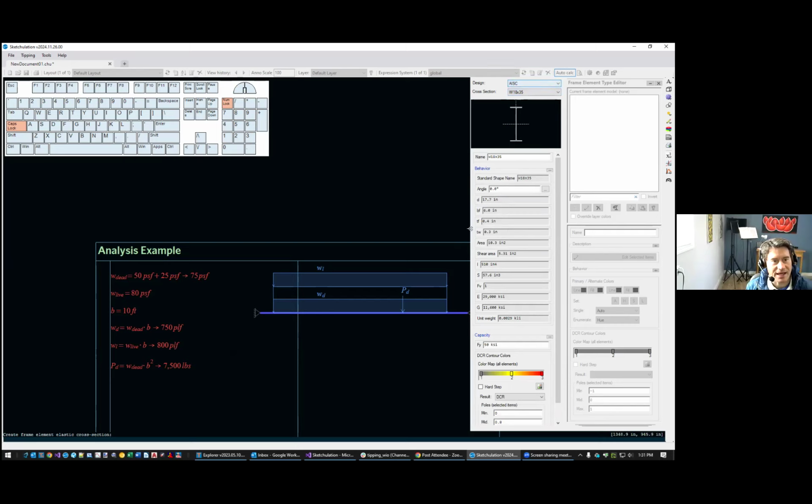So I selected that out of the list. You see all of the properties of this section are grayed out. You can't type into them because they're coming from the database. You can rotate this if you had a weak axis bending situation. This is how you set up the orientation of your cross section. In our case, we would just have this straight up and down, so 0. And then you do set the